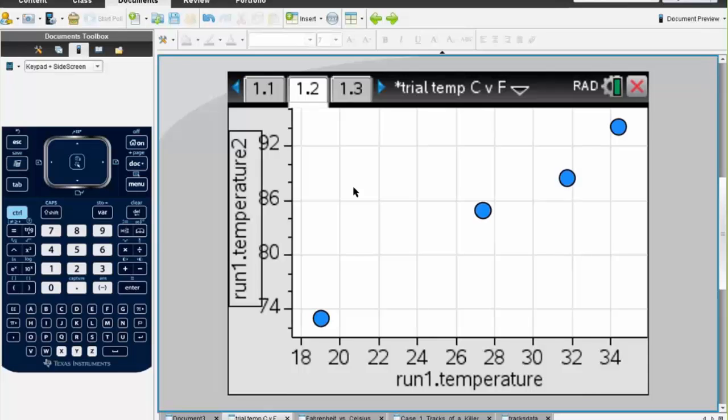When you're doing this in class, the students get to that point there, and you ask them the question. And perhaps, Brian, you might like to do one of those polls now. Is there a relationship, and if so, what is the relationship that seems to occur between our 2 sets of temperatures? So you can do this as a quick poll with your students as well in class when you're using Navigator. I'm not actually running the full Navigator at the moment, but I can do a start poll here and actually ask the question, is there a relationship? And they've got to answer. What type of relationship? How would you describe it? So from there,